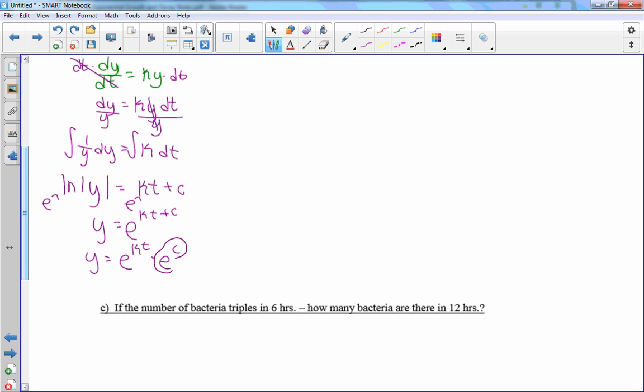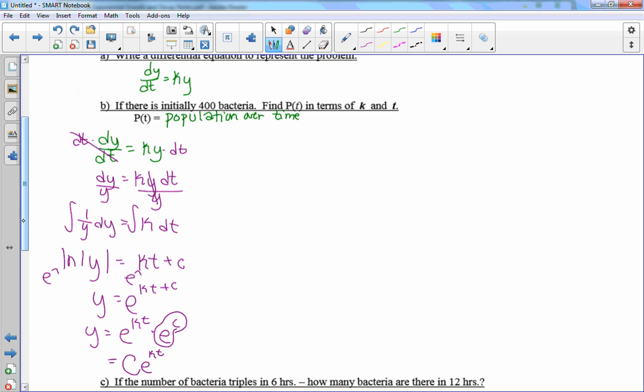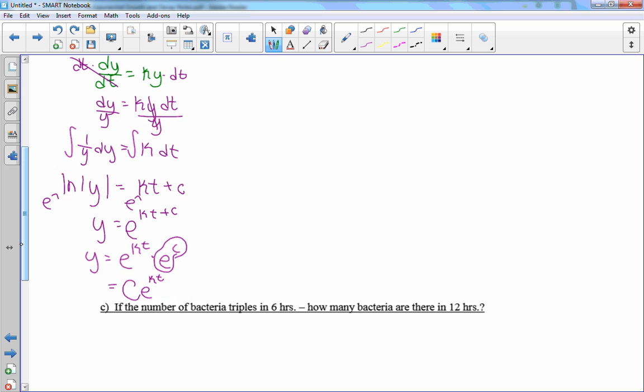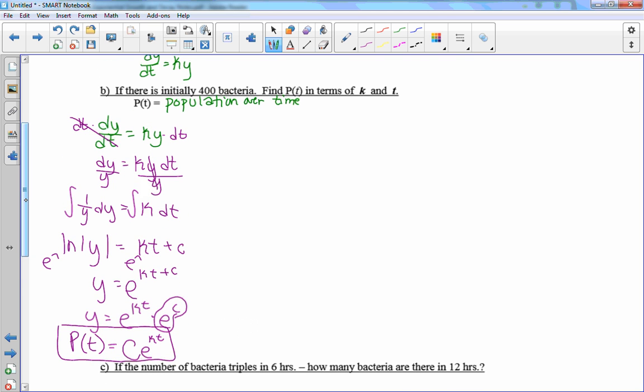Not go away. E to the c is a big constant C. E to the kt. And we can replace the y with what they want our notation to be, P of t, population over time. Okay, I boxed that, but that's not the answer. That's just the formula. Okay, now that we have that population over time,